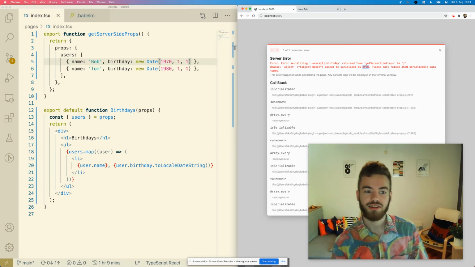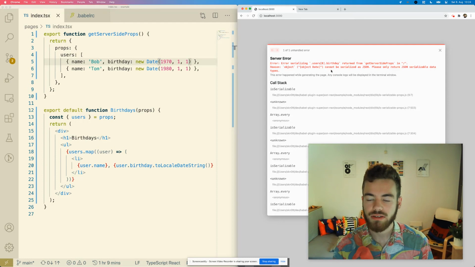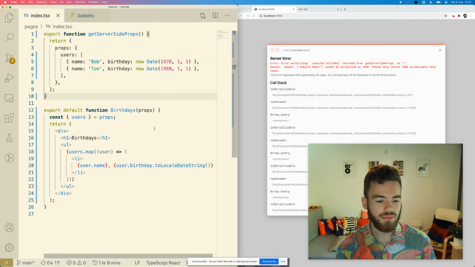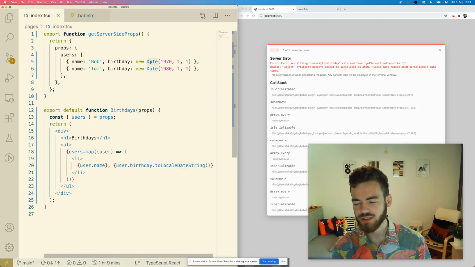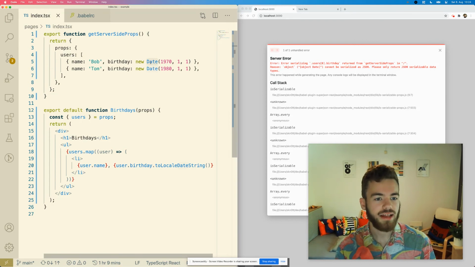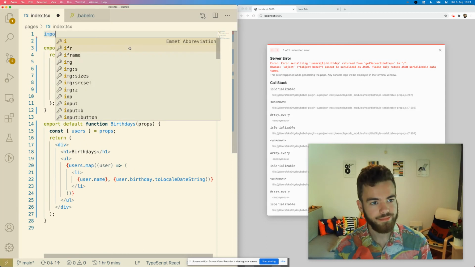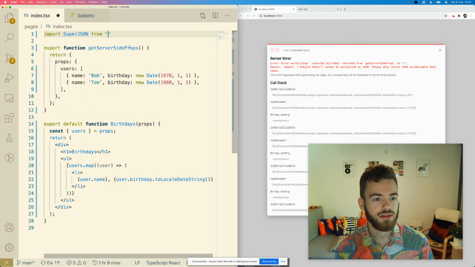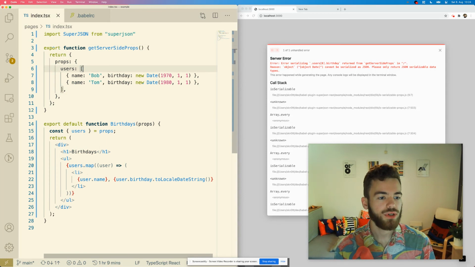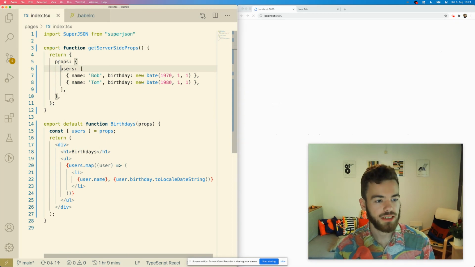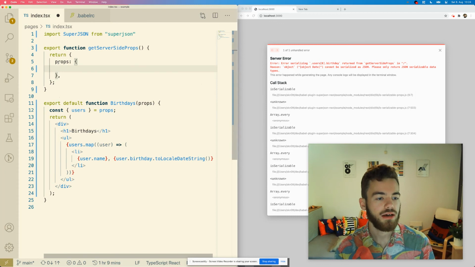And that's correct. You don't want to surprise your users, so that's the right thing to do from Next.js. But it's a bit bad for us because we don't really want to convert it to a string, do we? And that's where SuperJSON can help us. So we are just going to import SuperJSON. And instead of returning our props as props, we are going to return a superJSON prop, which is just